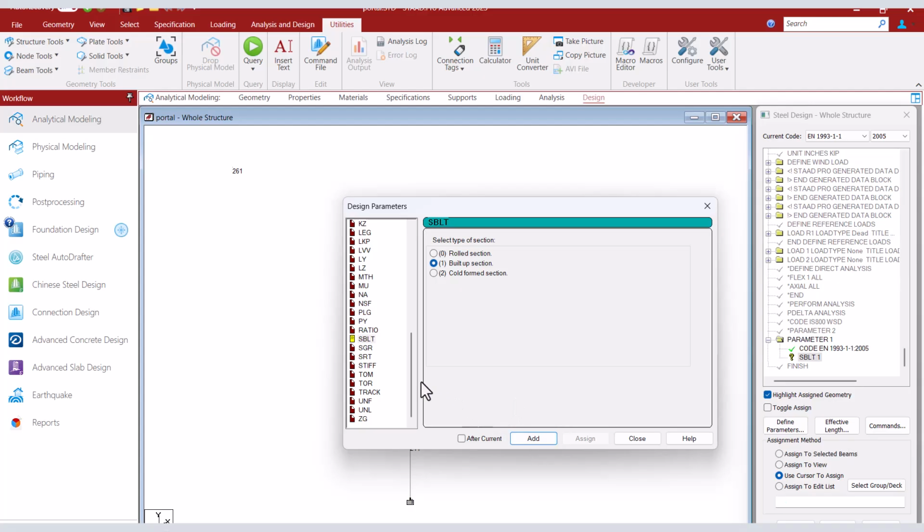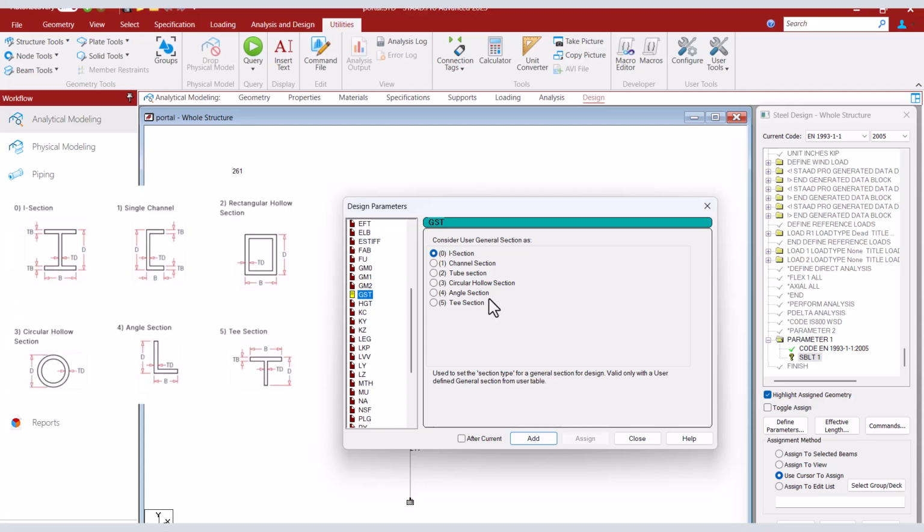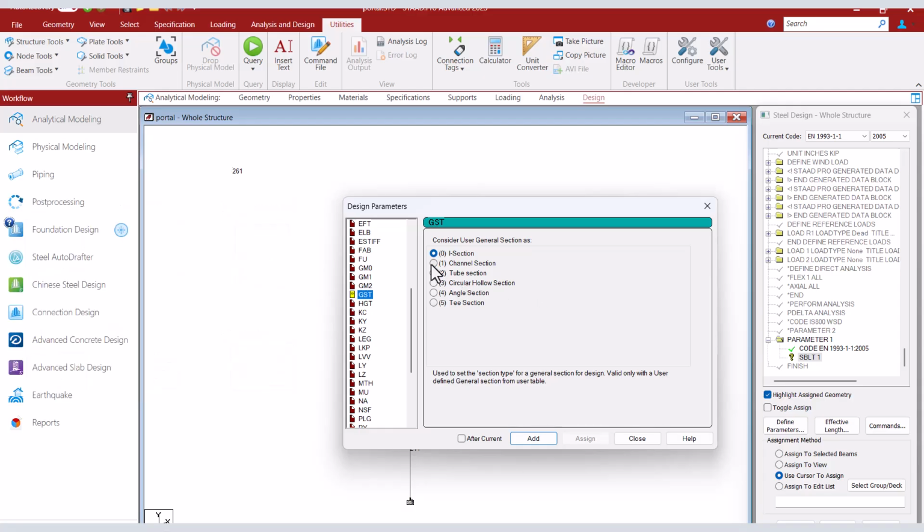And also there is another parameter in Eurocode called the GST parameter. Now this GST parameter would give you additional options to treat those equivalent sections beyond I-shaped sections. This could be a channel section, tubular section, circular, angular, or the T-shaped section. So by default it is I-shaped, but if you select a value of, say, GST of 1, it will consider it as a channel section. So let's see if we select this as GST 1